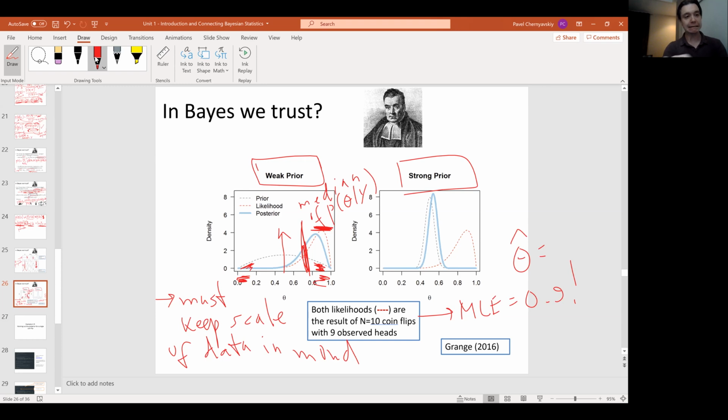In fact, I don't know anything about the Susan B. Anthony dollar, but boy, would I be surprised if the probability of heads in a Susan B. Anthony dollar would be anything less than 0.4, or anything greater than 0.6. Sure, it could be 0.55. It's not exactly fair, but man, I really don't think, a priori, it's less than 0.4. Really don't think it's greater than 0.6. Then look, it doesn't matter what we observed. The posterior distribution, the blue curve here,